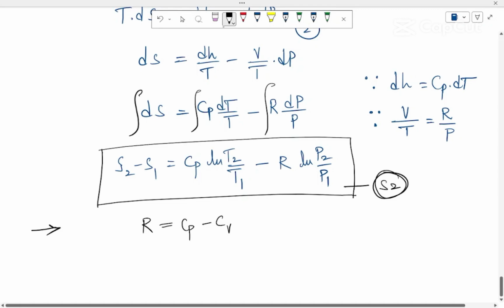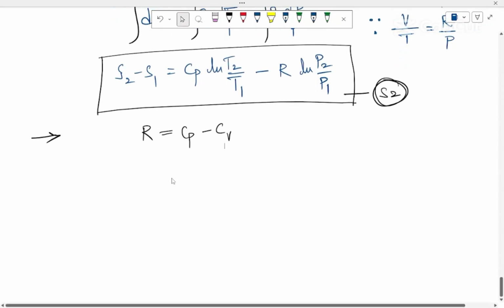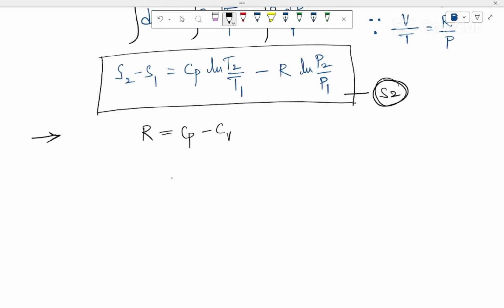What I will do, I will take the expression of S2 and in place of R I will substitute this. Substituting in S2, R is equal to Cp minus Cv here,